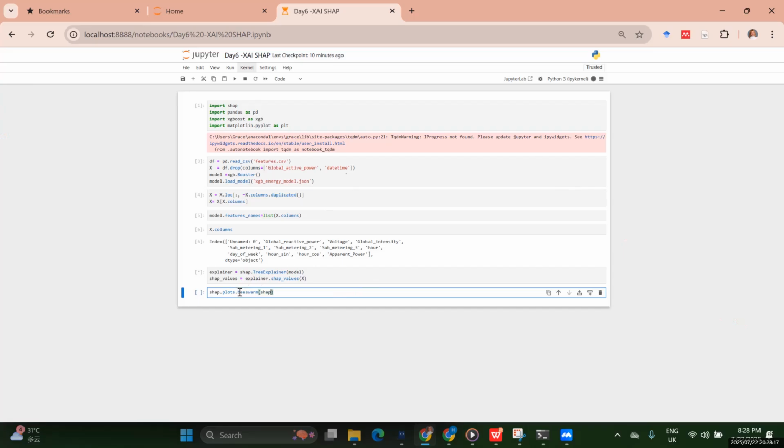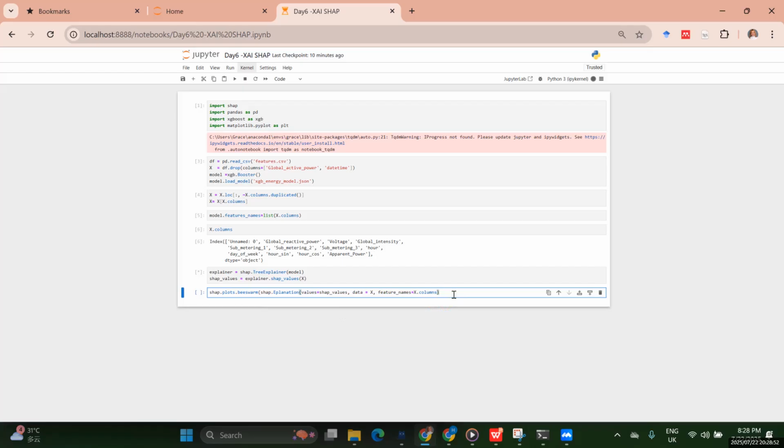Here we are going to have the shap explanation, where we have the values being the SHAP values, the data being the big X, and then the feature names,